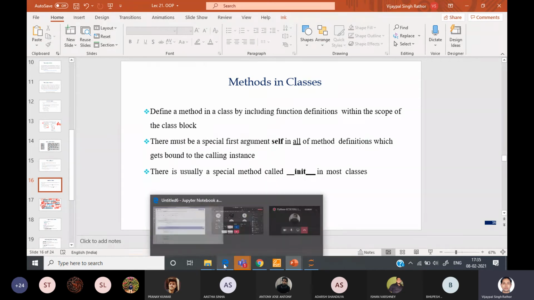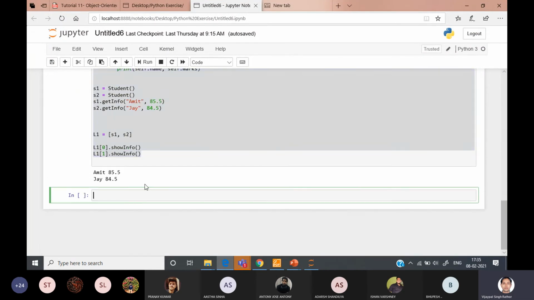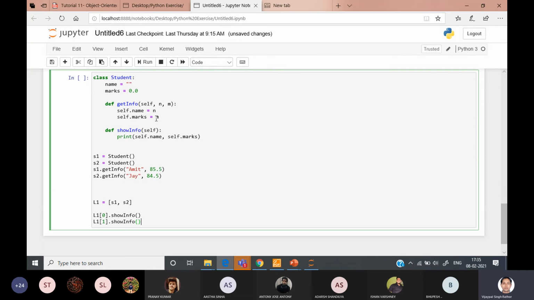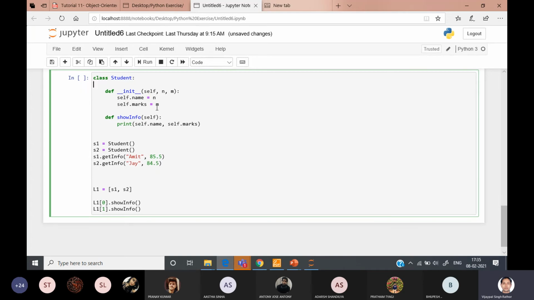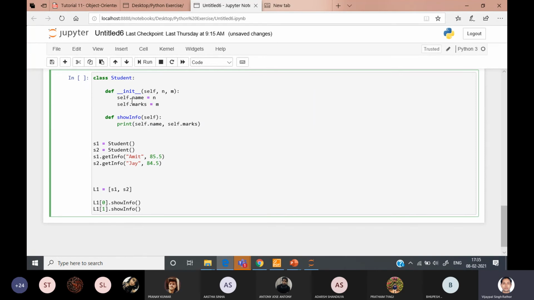So I am writing this same question with the init method. In this case there is no need to write a separate method get information here. Instead, you need to write init, है ना, डबल स्लैश लगाना पड़ेगा. init ये है लिखा. Okay, this is a special method. तो आप यहाँ पे ये भी नहीं डिफाइन करते हो तो भी कोई जरूरत नहीं है, या आप ऐसे भी लिख सकते हो सेल्फ नेम सेल्फ मार्क्स. इनिट के अंदर जो जो आएगा वो ऑटोमेटिकली क्लास का वेरिएबल बन जाएगा, जरूरत नहीं है. ये आप कमेंट भी कर सकते हो,